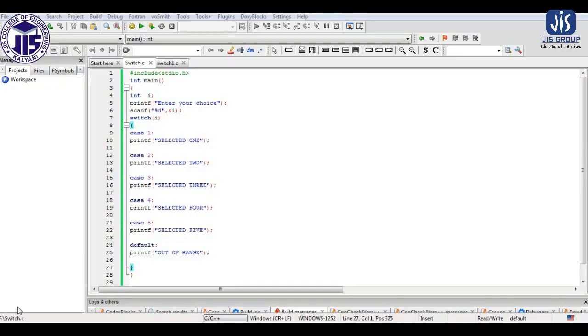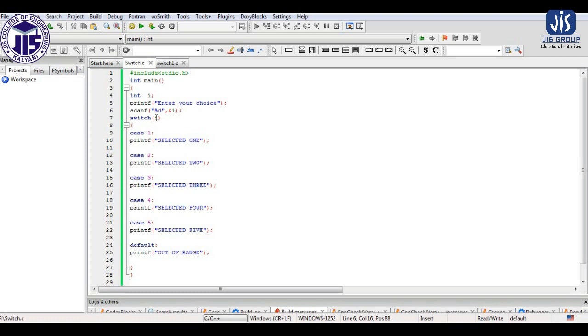So here we are going to discuss switch case, which we have already discussed theoretically. Here I have considered a very simple program, and the same program we have done by using else if also. You can see I have taken a variable I, which is basically the switch variable. Inside the switch we pass the variable I, and depending on that we have created different cases. As you can see, we write case, then a space, then the case value, then a colon. This is the way we write a case.